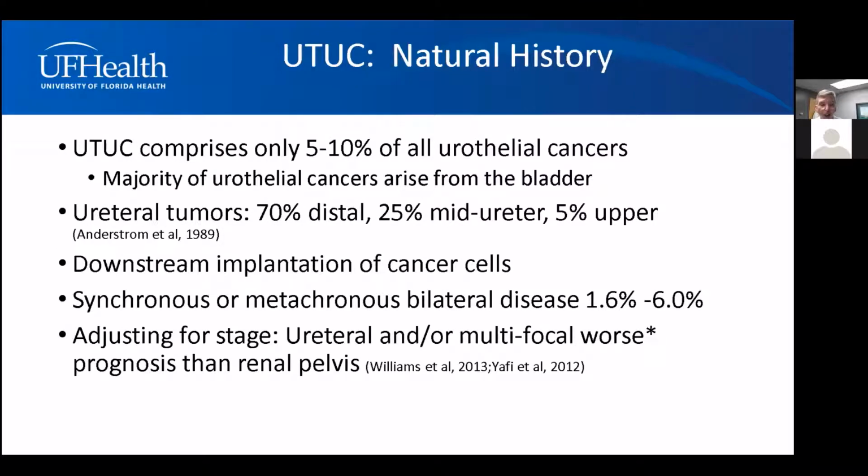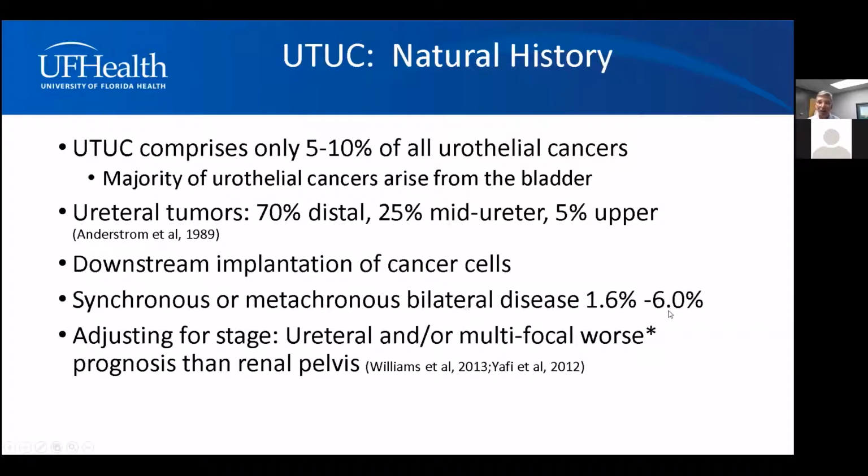Upper tract UC comprises only 5 to 10% of urothelial cancers. The majority of urothelial cancers arise from the bladder. And as I mentioned earlier, you'll find more ureteral tumors distally, 70%, 25% mid-ureteral, and 5% upper. And there's this downstream implantation of the cancer cells. You can get it at the same time,